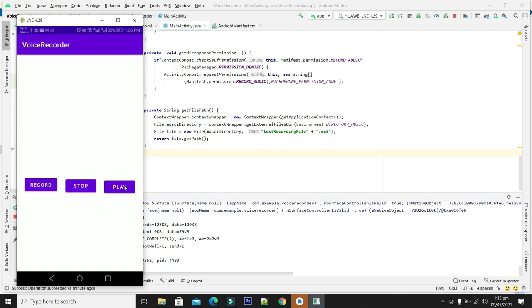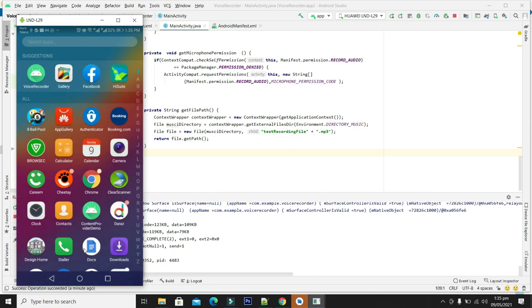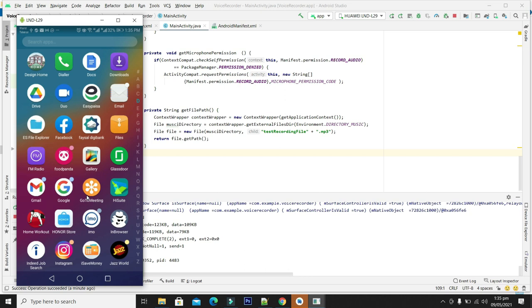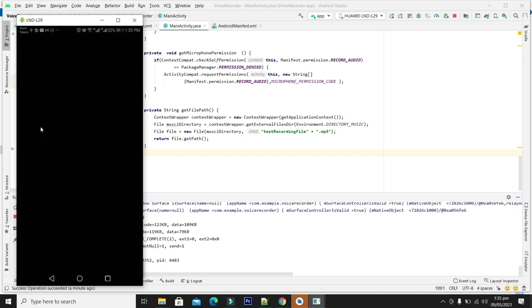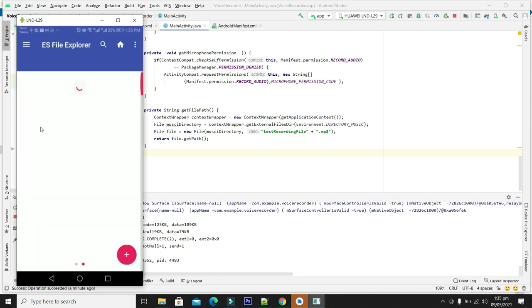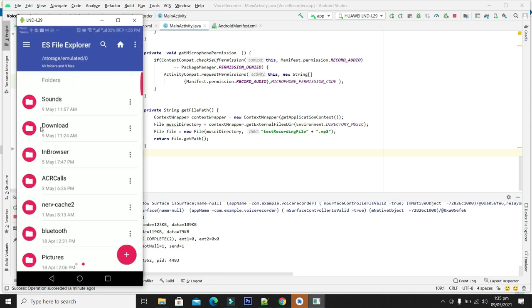So stop. So guys, we can find the path where our file is being stored. For this, we will have to open our ES File Explorer application. If you have not installed it, you can install it from the App Store.